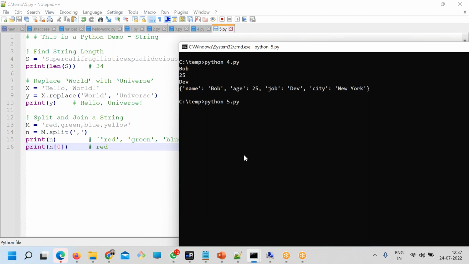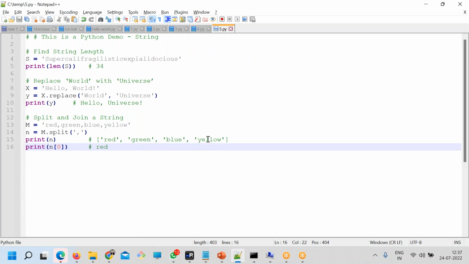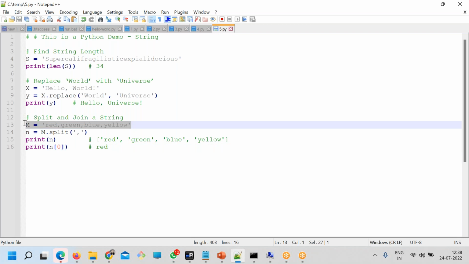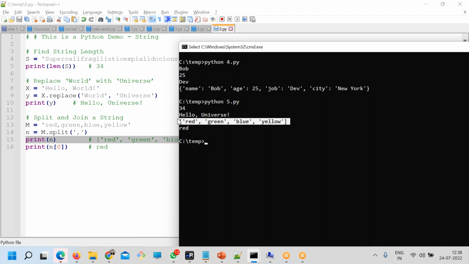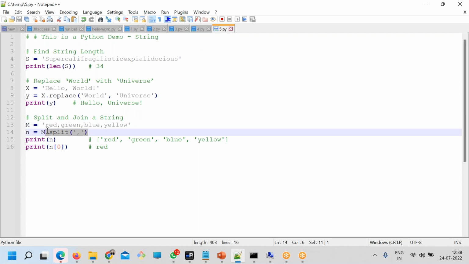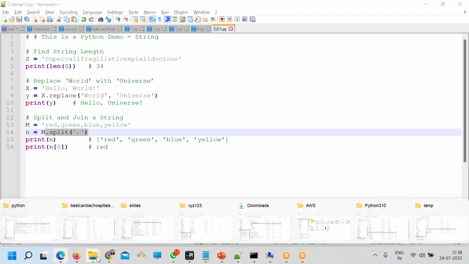And the last one you have to check, last two, read and separation and stuff like that. So this was the string. Remember how we converted string into the, what is the output? N is what? The list. Yeah, list. So from the string you convert it to the list. So this is the fifth one.